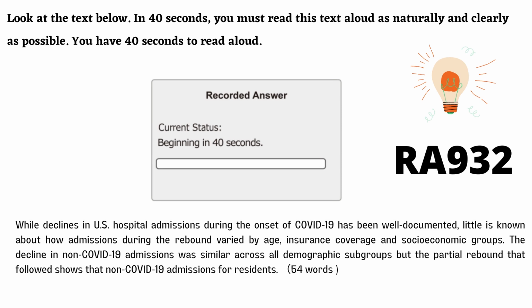While declines in U.S. hospital admissions during the onset of COVID-19 have been well documented, little is known about how admissions during the rebound varied by age, insurance coverage, and socioeconomic groups. The decline in non-COVID-19 admissions was similar across all demographic subgroups, but the partial rebound that followed shows that non-COVID-19 admissions for residents